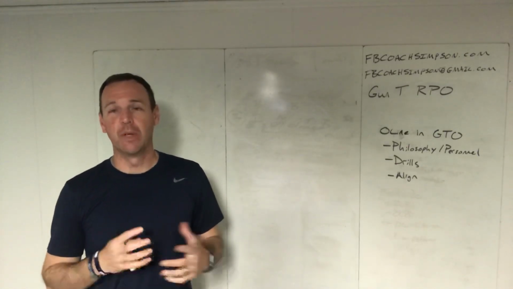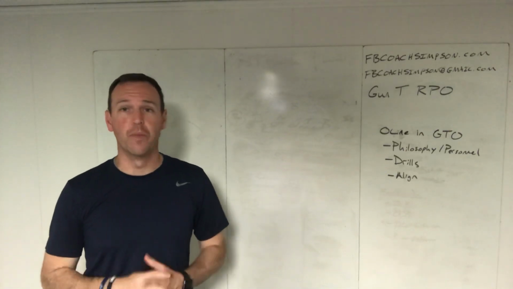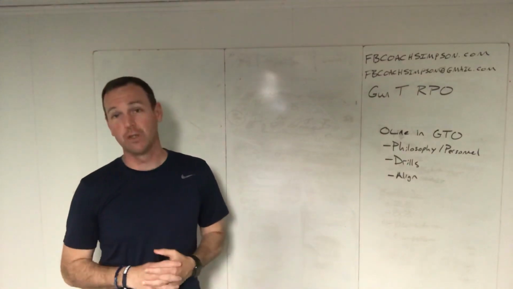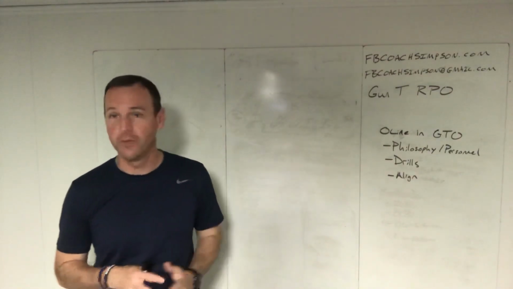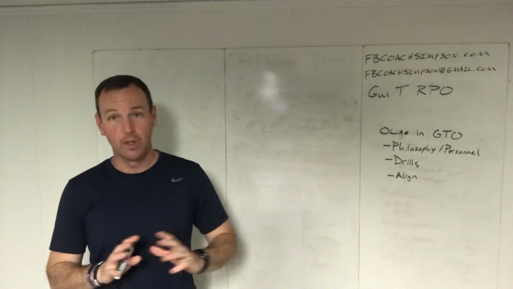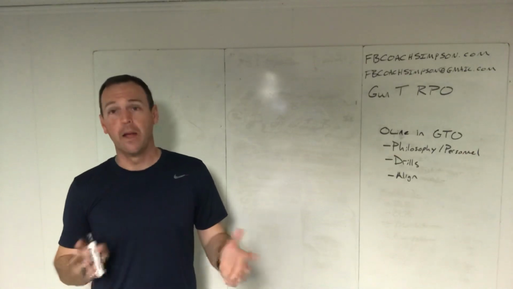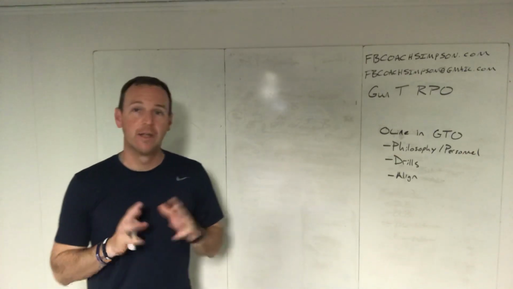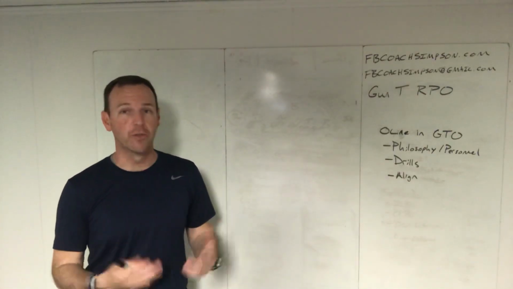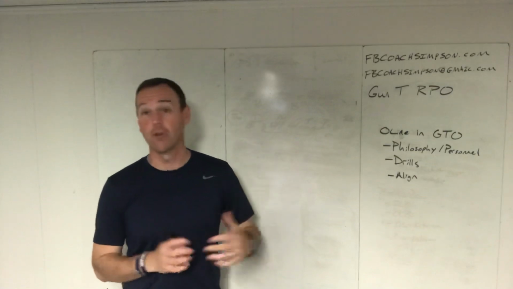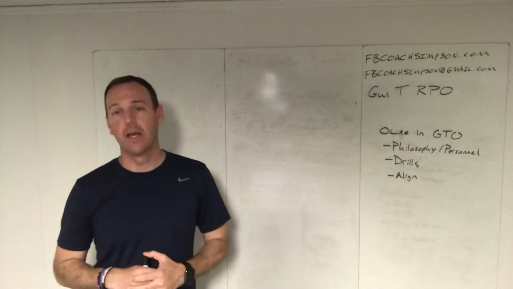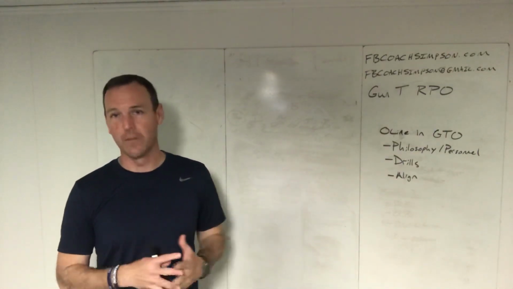Each week I've been picking a different theme to go through, and this week's theme is going to be the offensive line. I'm going to make it very specific this week to my system, the Gun T RPO system, but hopefully a lot of these things you may be able to take with whatever offensive system you're using. And so each day I'm going to walk through a different piece of it. Today I'm going to talk a little bit about philosophy and personnel, how we pick linemen in our system, and then I'll spend a few days talking about drills that we like with our offensive linemen, and then I'll talk about alignment and other things that we give, maybe some cheats or things that maybe help our guys out.